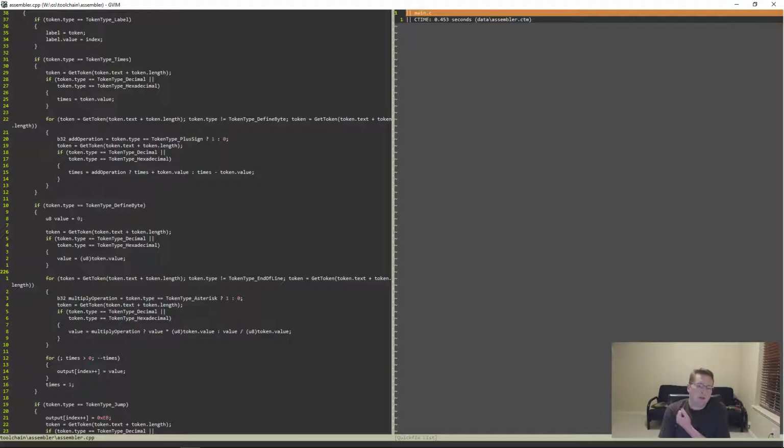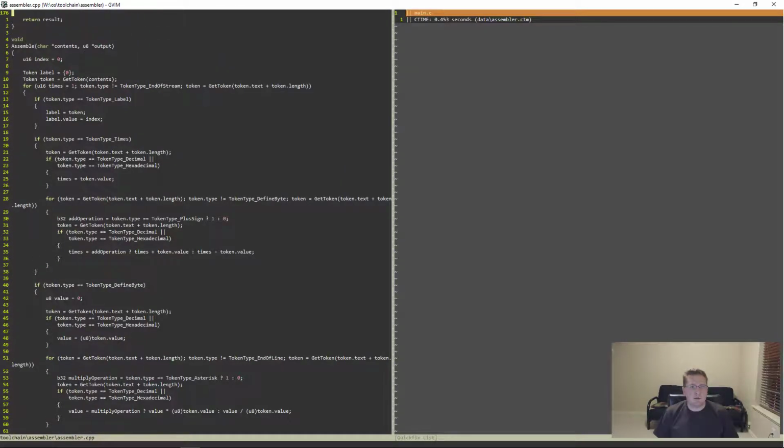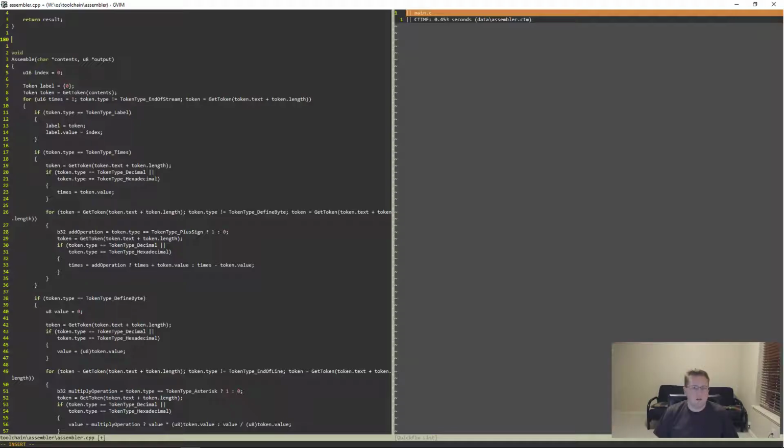First of all, we have them in two spots. We're going to want to be able to do this for defined byte, and we're going to want to do this for times. So we don't really want to figure out how we can kind of glue these two pieces of code together. We want to just be able to have a way where we can call it and use methods to figure this out. So let's see, for right now, let's